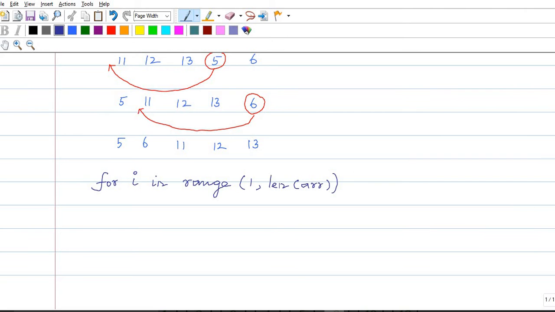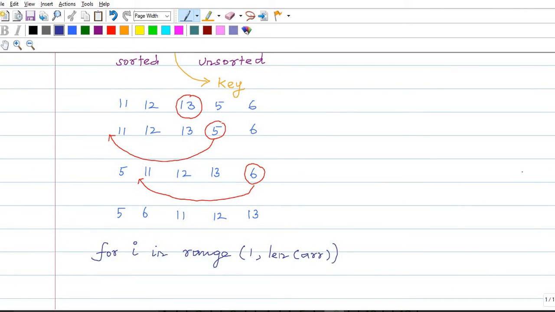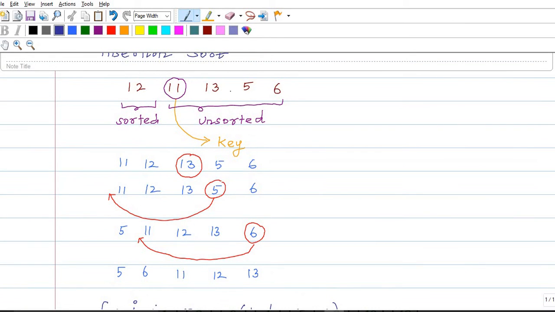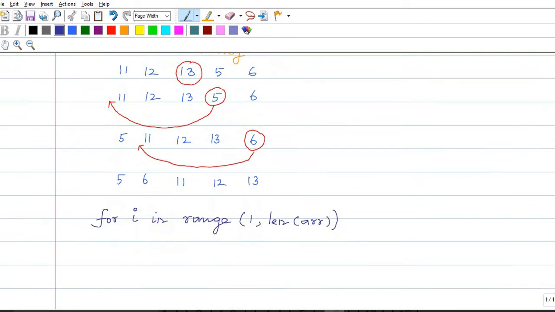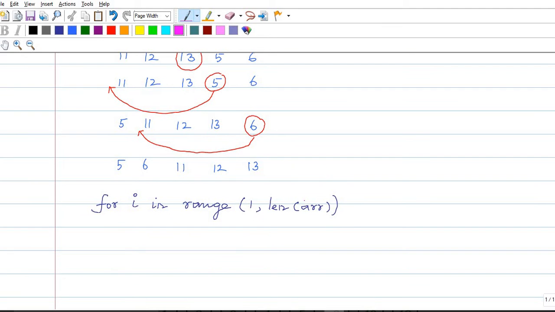As per this example, the length of arr is 5, totally 5 elements. So this i takes values starting from 1, then 2, 3 and 4. We know that the last index is exclusive. So i takes the values 1, 2, 3, 4.